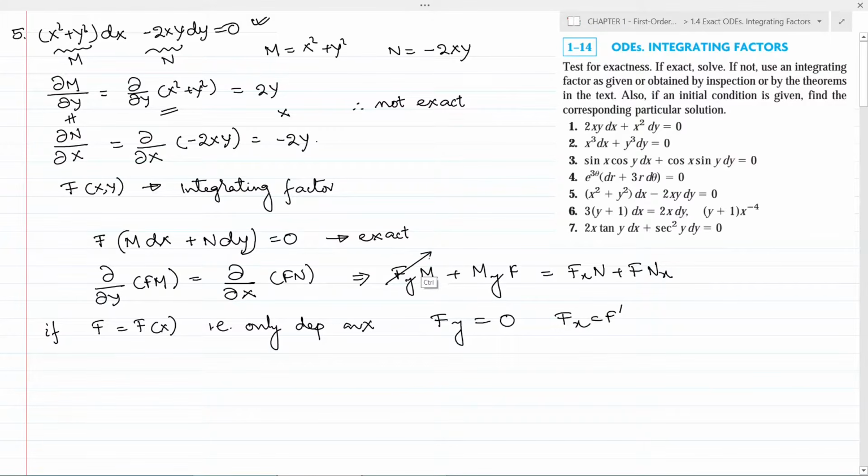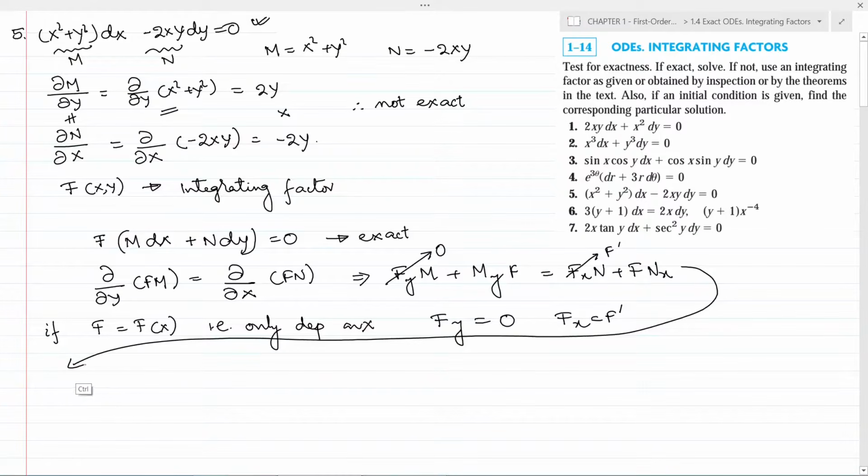So, this term becomes 0 because f_y is 0 and this f_x is f dash. So, from this we write M_y f equal to f dash N plus f N_x,